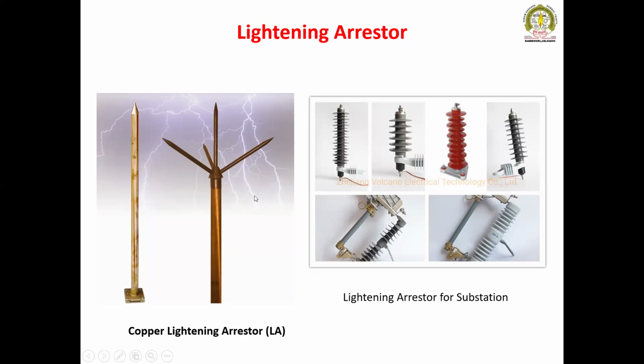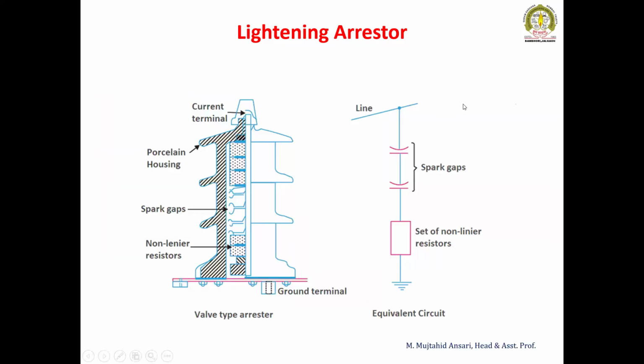This is the copper lightning arrestor. Generally, such types of lightning arrestors are mounted on the topmost part of the building to protect high-rise buildings against lightning strokes. And some lightning arrestors are installed in electrical installations, substations, and transmission lines in the system. So what is the electrical